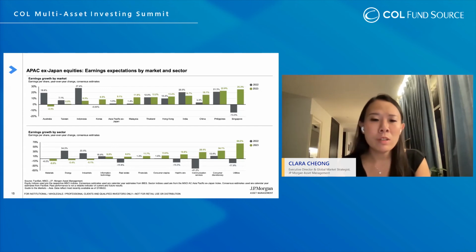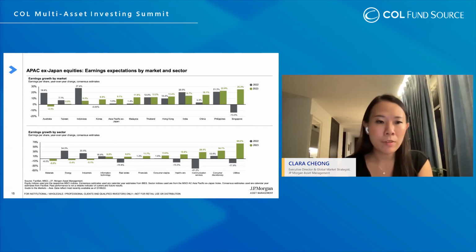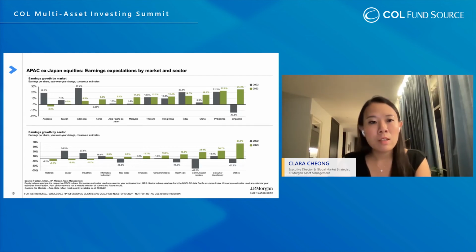And then if we look at the sector composition at the bottom half of the page, you can also see that the Asia ex-Japan Equity Index is quite cyclically tilted. So we do know that Asia ex-Japan Financials is not the biggest market cap, but it is the biggest weight in terms of earnings contribution at around 30%. Industrials is also another big one at close to 10% of earnings.